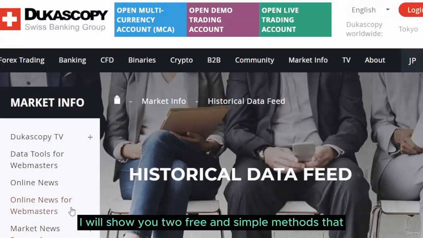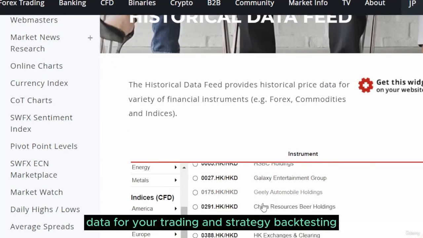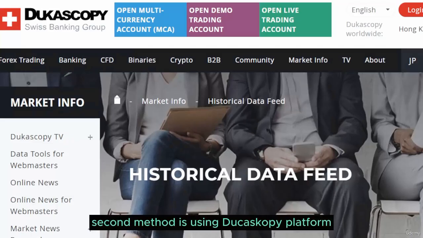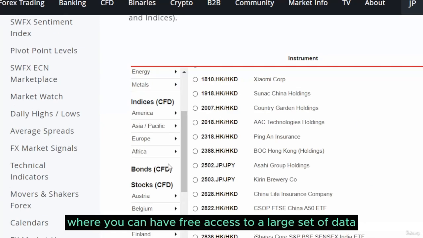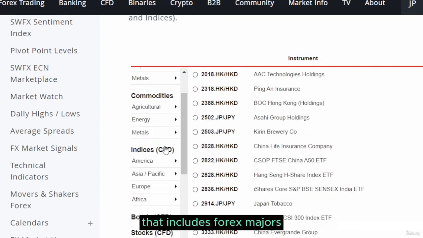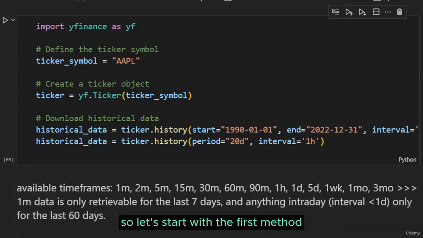I will show you two free and simple methods that you can use to download financial data for your trading and strategy backtesting. In the first method, we will use Python code. The second method is using the Cascopy platform with a free account where you can have free access to a large set of data that includes forex, majors, minors, metals, stocks, futures, and even more. Much more than we usually need for backtesting. So let's start with the first